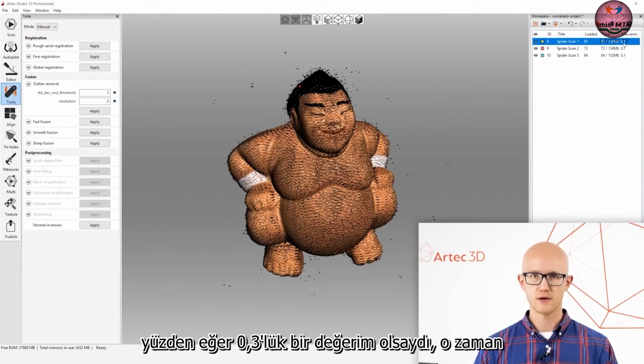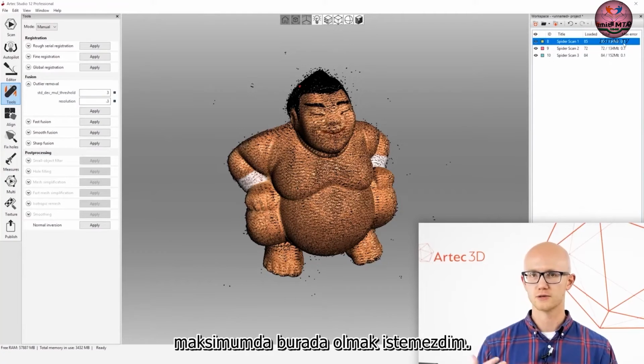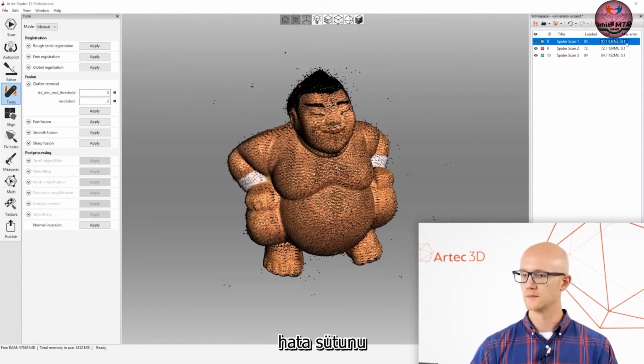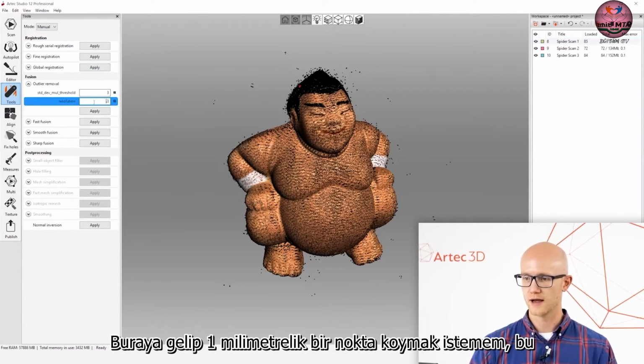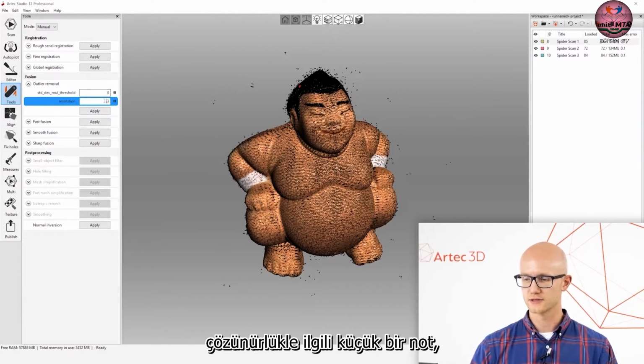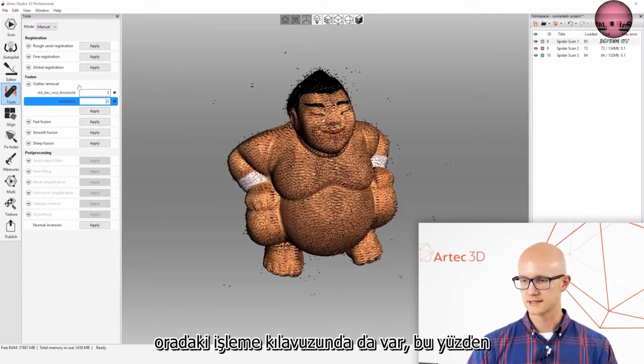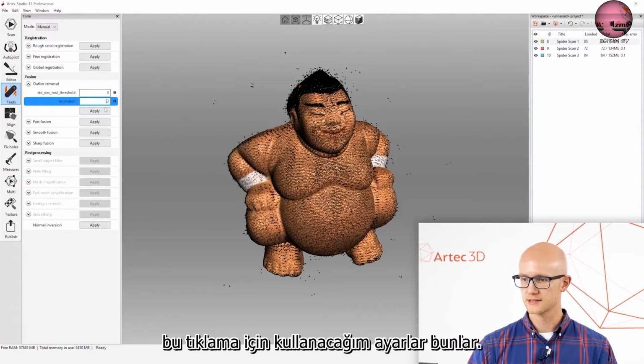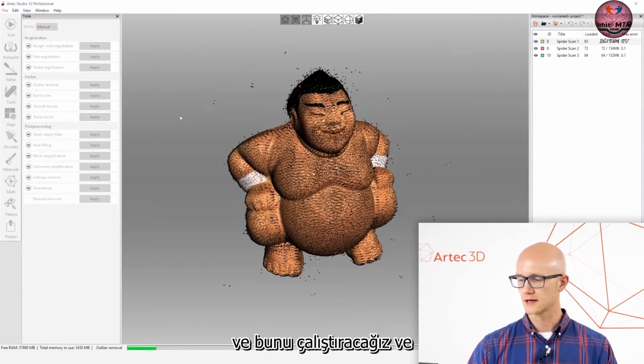So if I had a value of 0.3, then I wouldn't want to, over here in the max error column, come over here and put in a 0.1 millimeter value. So that's just a little note on resolution. That's also in that processing guide there. So these are the settings I'm going to use for this. Click Apply,